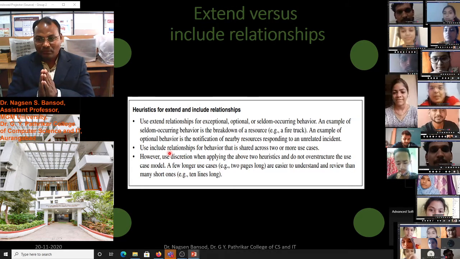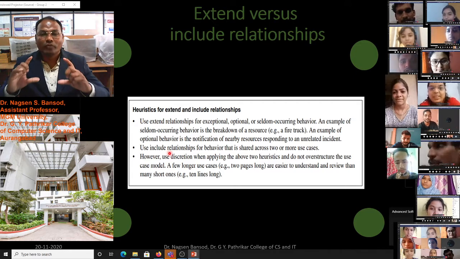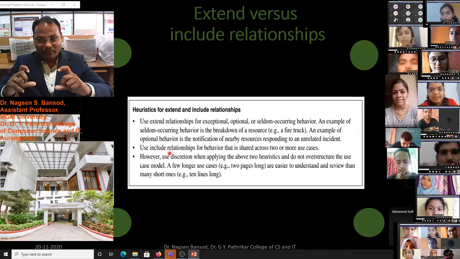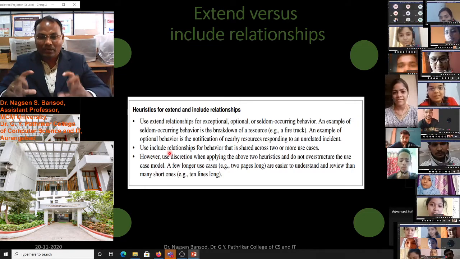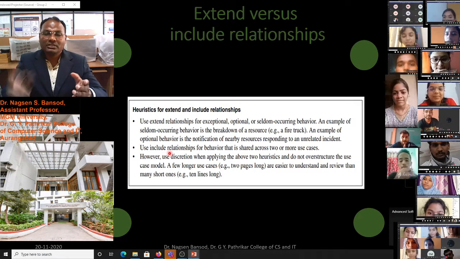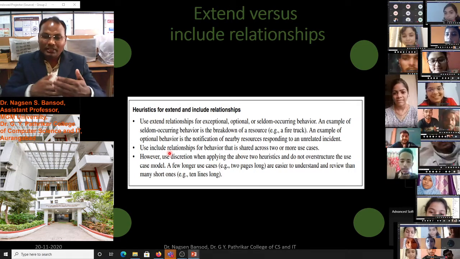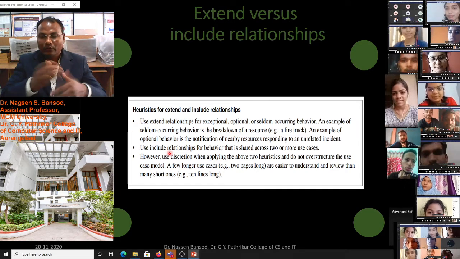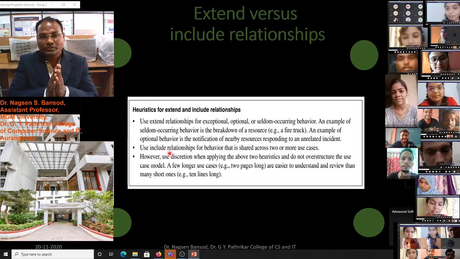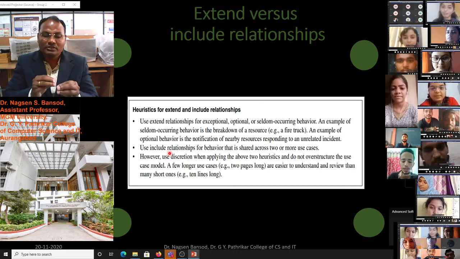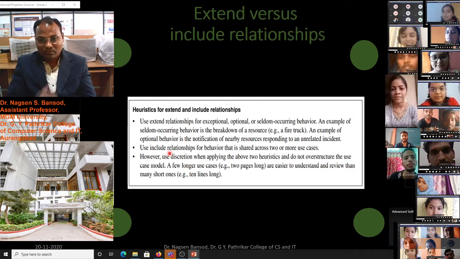You know the camera. What is the function? What is the behavior of the camera? To capture the photograph. After capturing the photograph, it saves our photograph on the memory card. This is the included use case, included behavior of the system, included function, included process. So we can say this is the include. Save is the include use case.